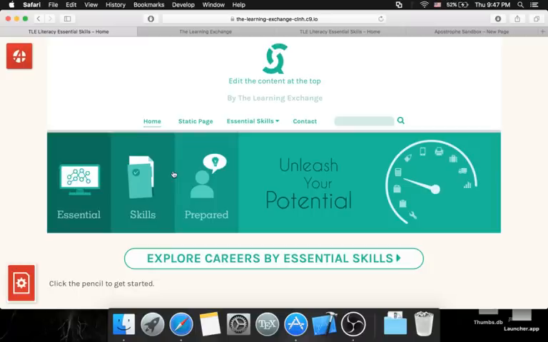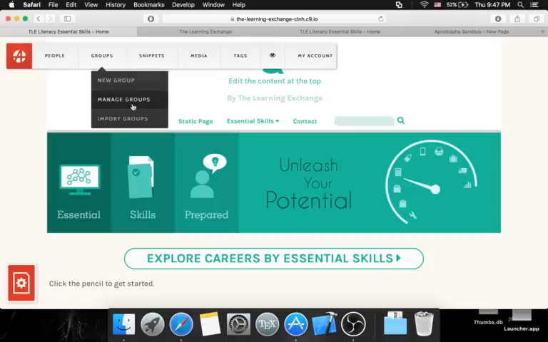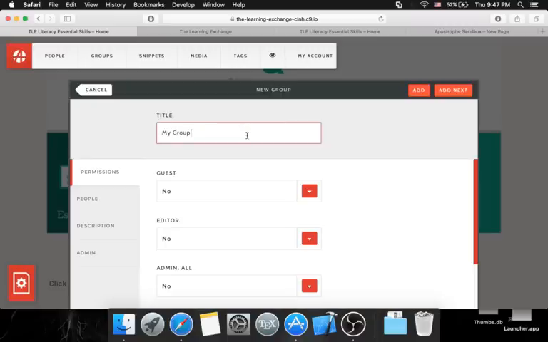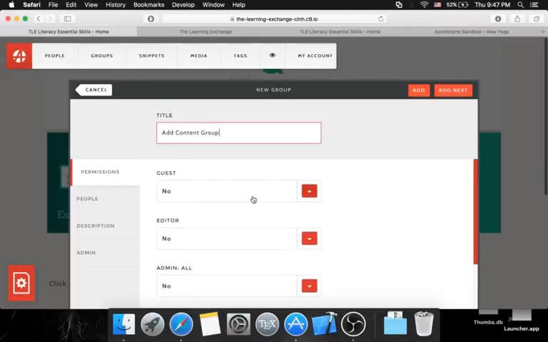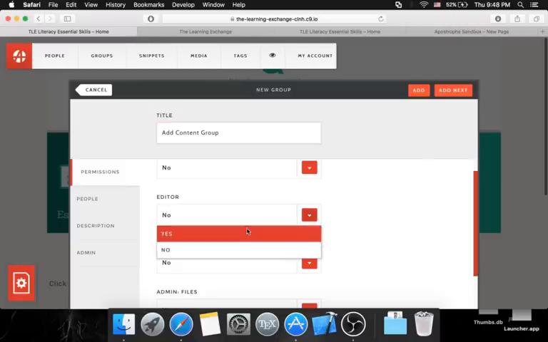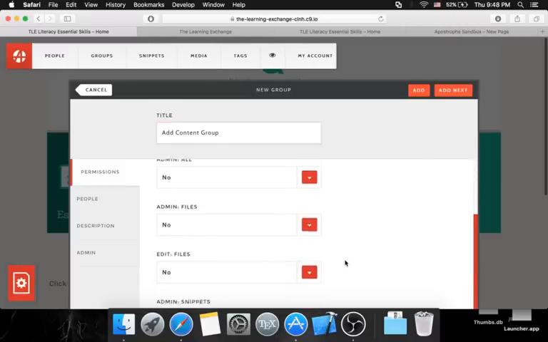Now, right now I'm logged in. What if I wanted to give other users the ability to add content to it? So Apostrophe has this thing called users and groups. So I could create a new group and call them add content group. And now what I want from this group, I don't want them to be guests, no, and they can edit files, yes,